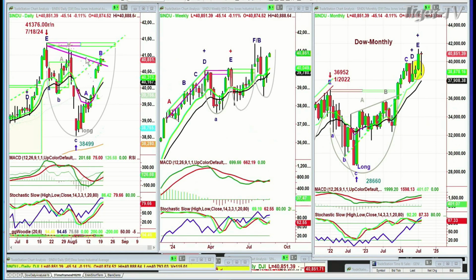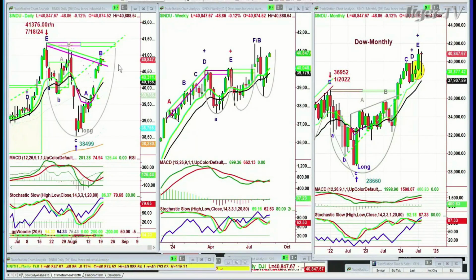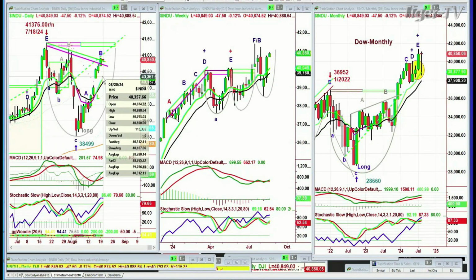These two parallel lines, one's green, one's pink, a very narrow little channel. That's been a resistance area, a repellent. We want to see it become a propellant. So this is just a momentary pause at this particular stage. I'm anticipating that it just stalls here a little bit for a peak B. Maybe even today we get the peak B because we don't go higher than yesterday's